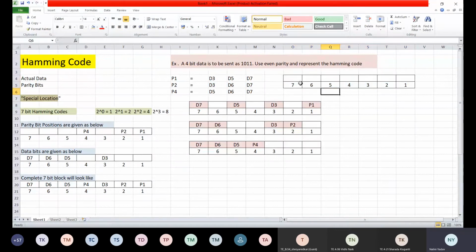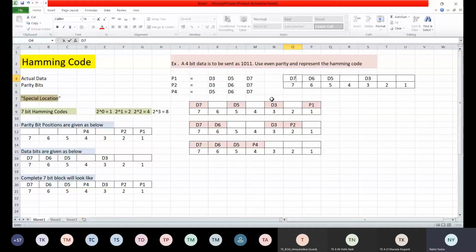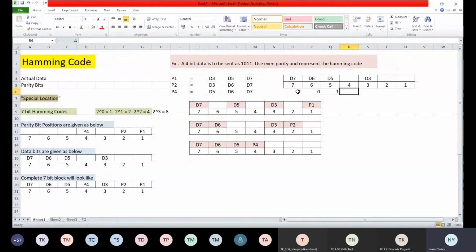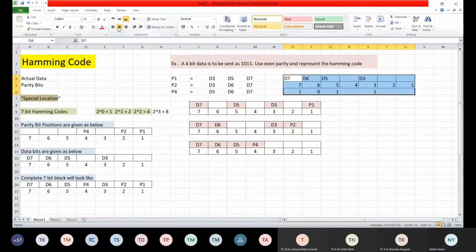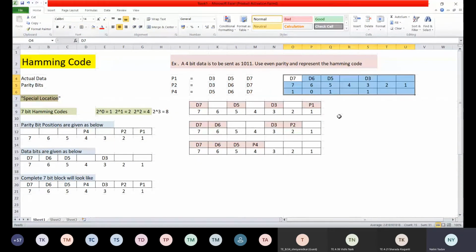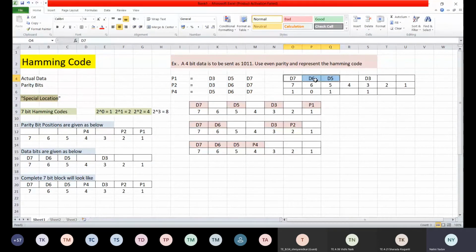So now how will you write the data? Data कैसे लिखना था? ये सारे parity bits हैं, correct? Data bits यहाँ पे थे D3, then we have D5, D6 and D7, correct? Now write down the data at these positions. Data will be written as 1 0 1 1. Understood all of you how to represent the data? I hope this is clear with every one of you. So these are my parity bits and these are my data bits, correct?